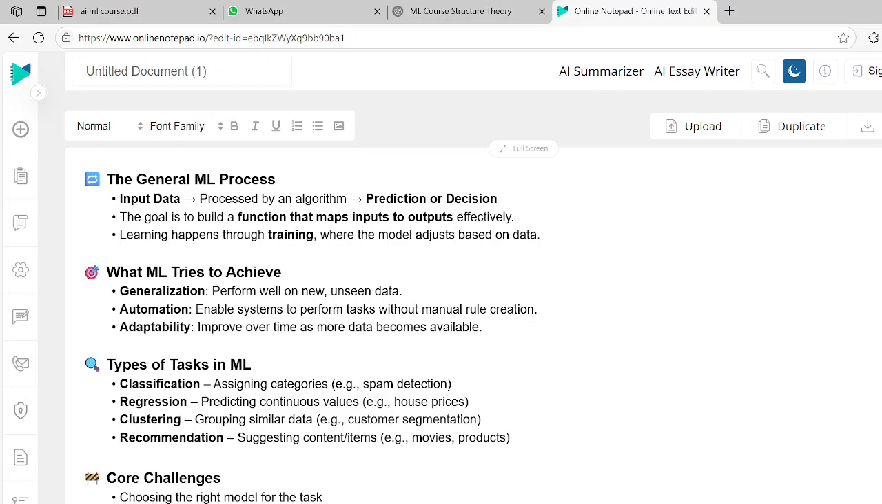Then we have automation. It enables systems to perform tasks without manual rule creation. So basically you just want to automate this whole process to make things easier, and you do not require manual rule creation, right? Because you want it automated. You don't want to perform tasks manually. You want it to learn, and you want it to adapt, and using that knowledge it should be able to